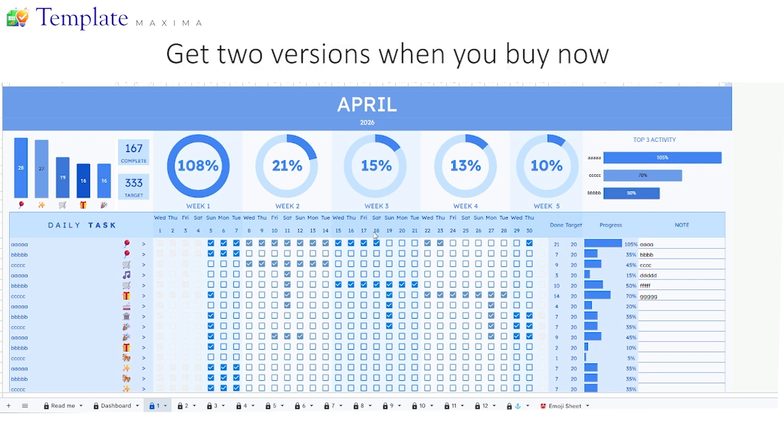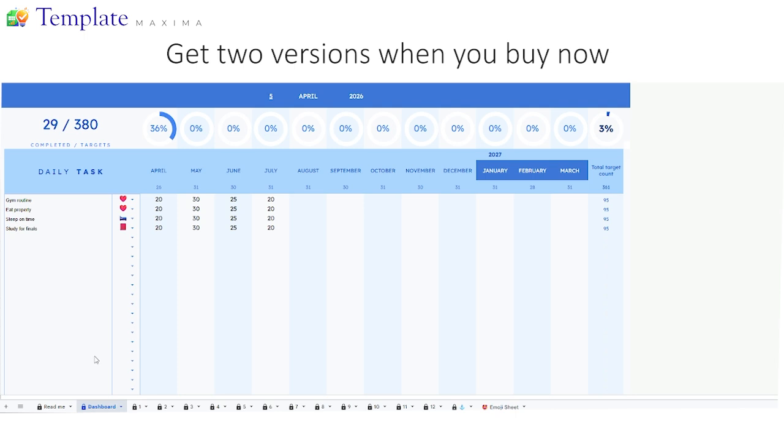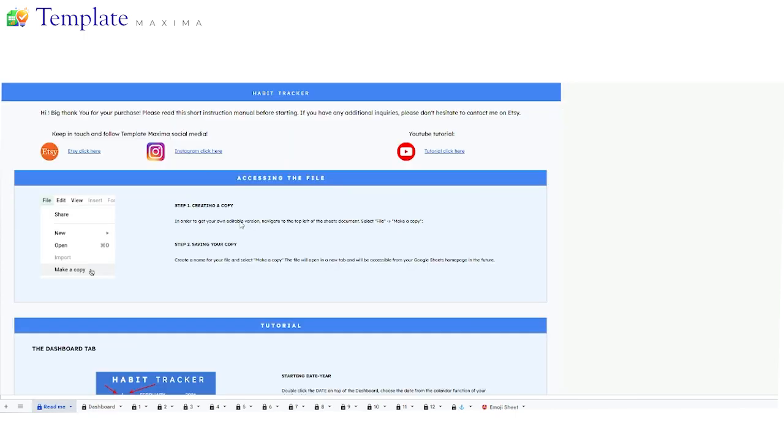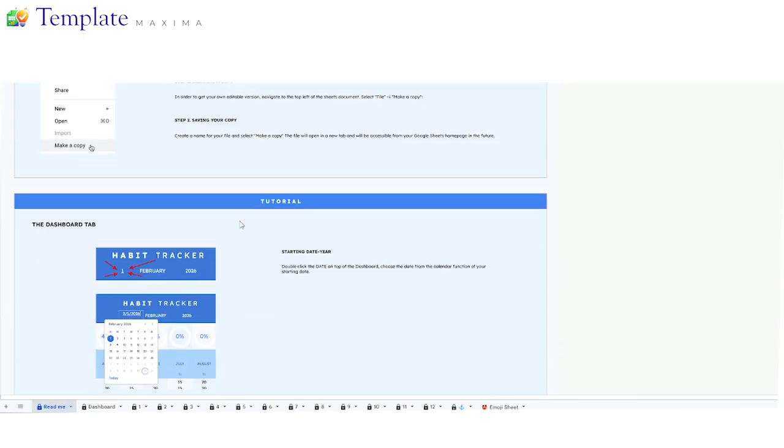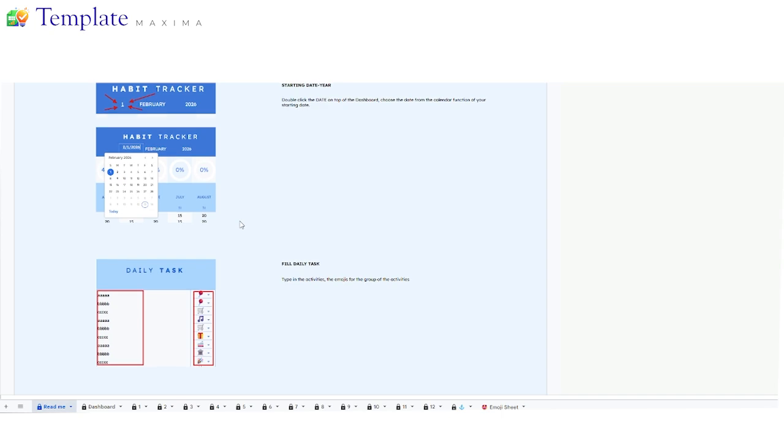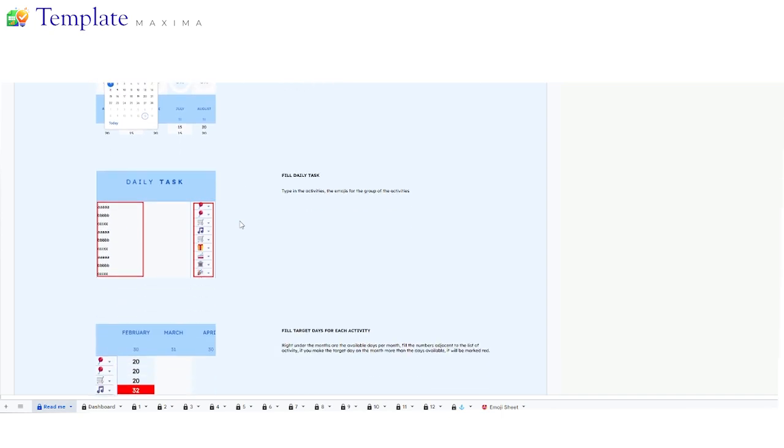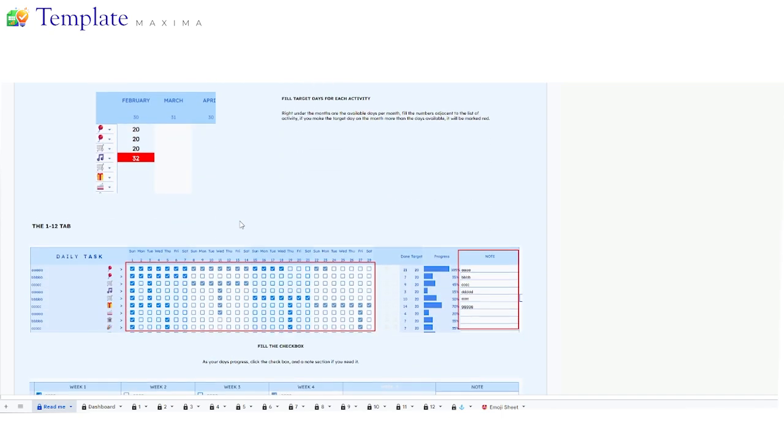So starting off, when you make the purchase, you'll get the pre-filled version and the clean slate version. Right now, I am using the pre-filled to demonstrate easily. So this is the README tab right here. As you can see, this is the user manual page. You can scroll down and follow these yourself, but in this video, I'm going to guide you one by one